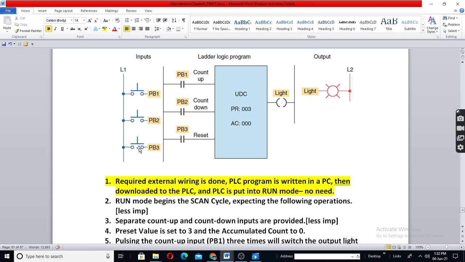Okay, load is not used here. Load and count down output is not used here. You can use it as you wish. See, many books give various types of examples. If you get confused or not able to follow 100% what is written here, don't bother at all. You should know the operation. These things happen. Even in interview, if you are not sure whether this becomes output high or low, don't bother. You should know what happens there.